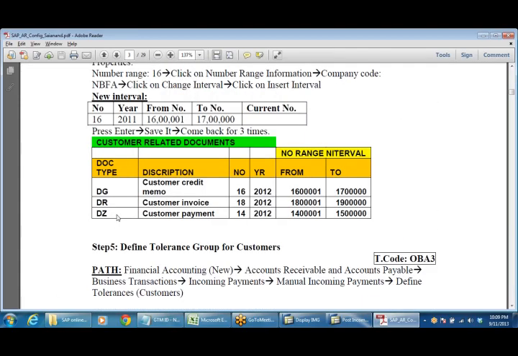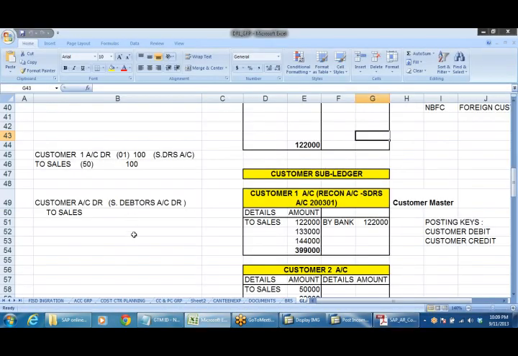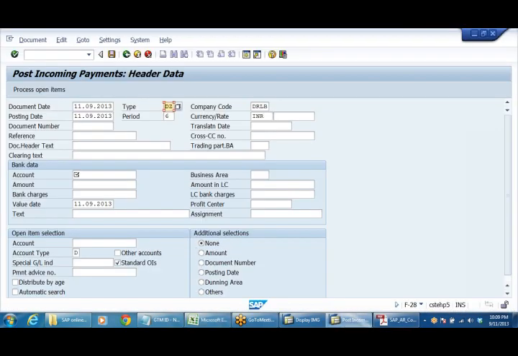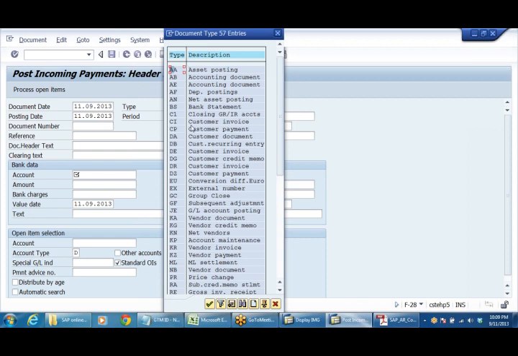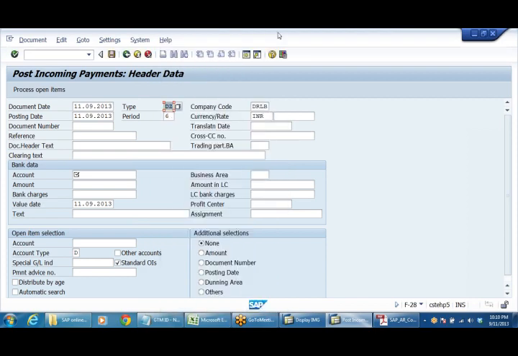DZ is customer payment, and 14 is the number range. Let us see when you post an entry, by default it will display. When you receive a customer payment, let us enter the details.